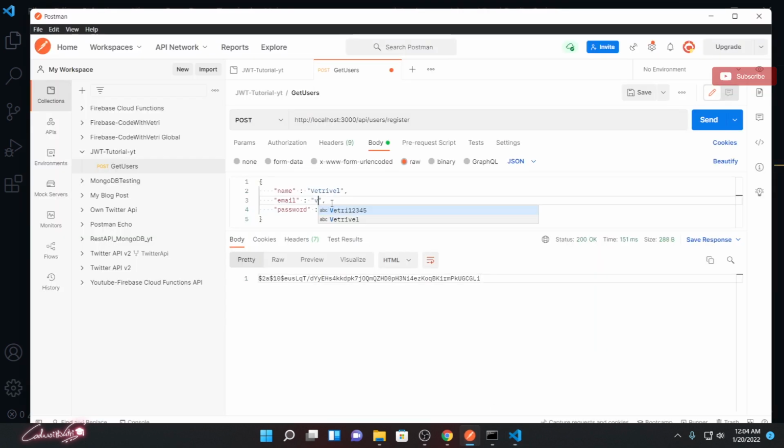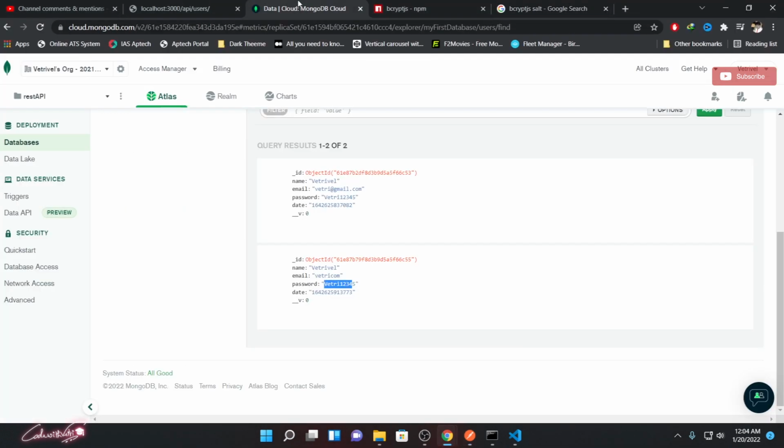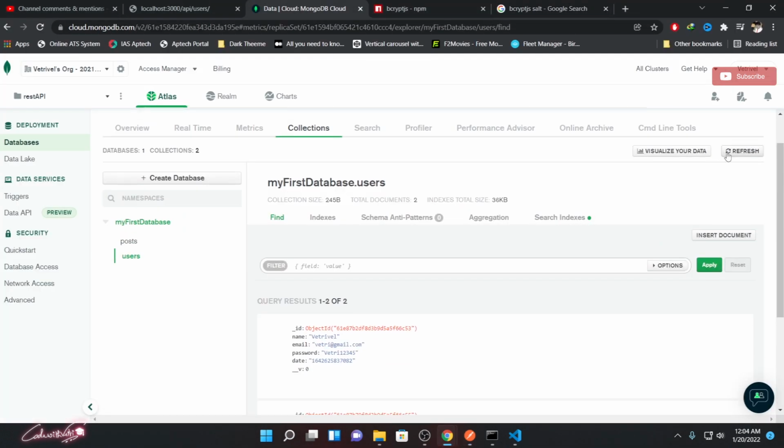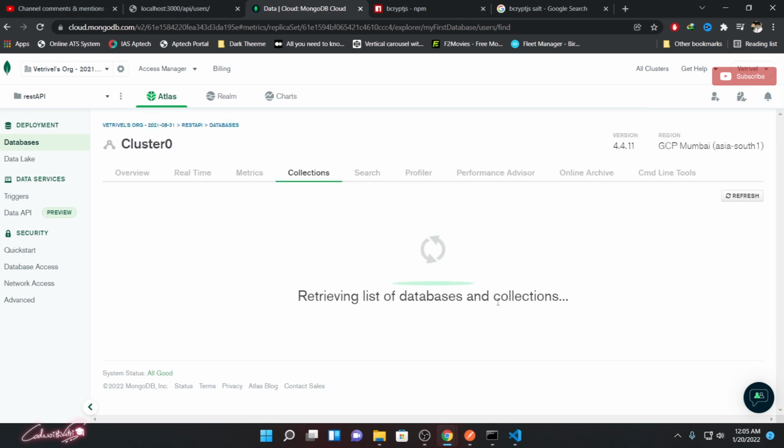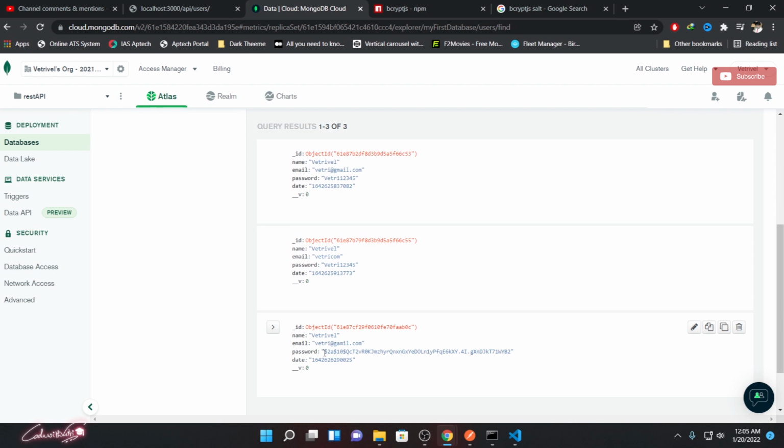Let me change this at gmail.com. Okay, let's leave it as it is. If I click send, now look at that. What is the password? It's saved in your browser. Let's go ahead and refresh it. Cool. Now we protected our password.